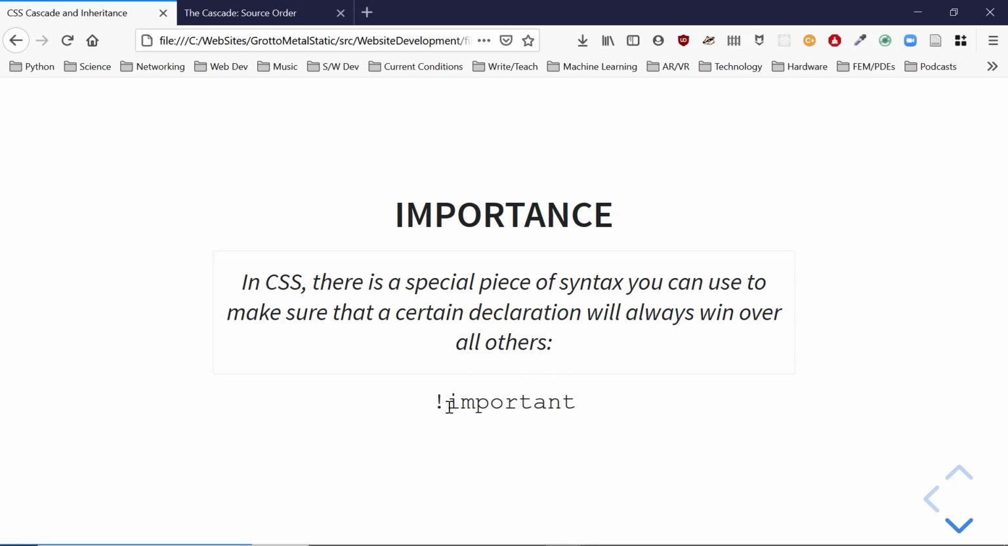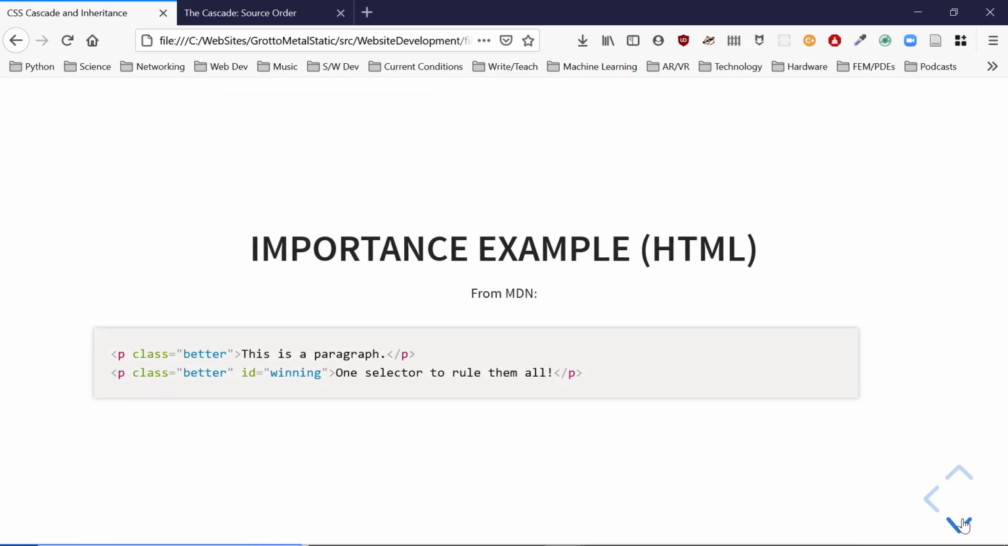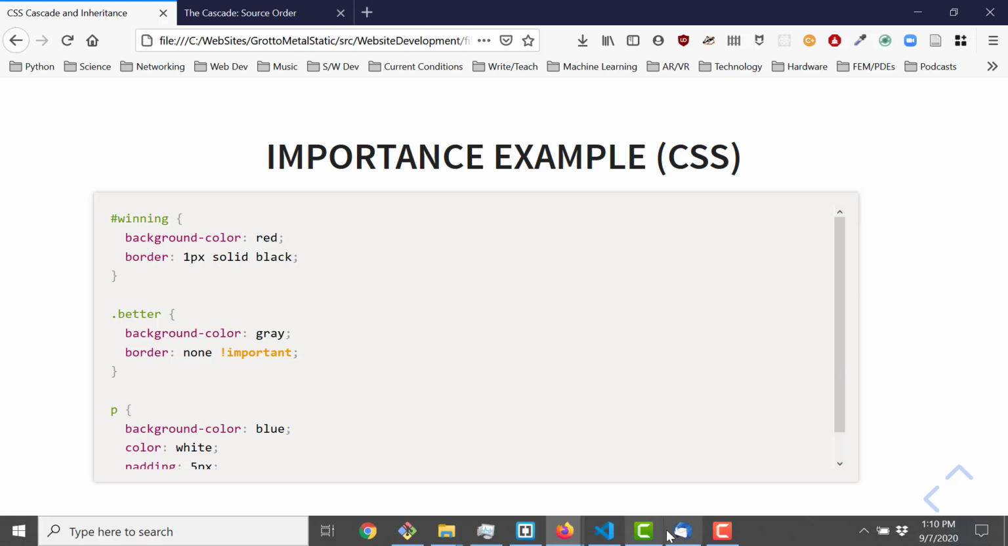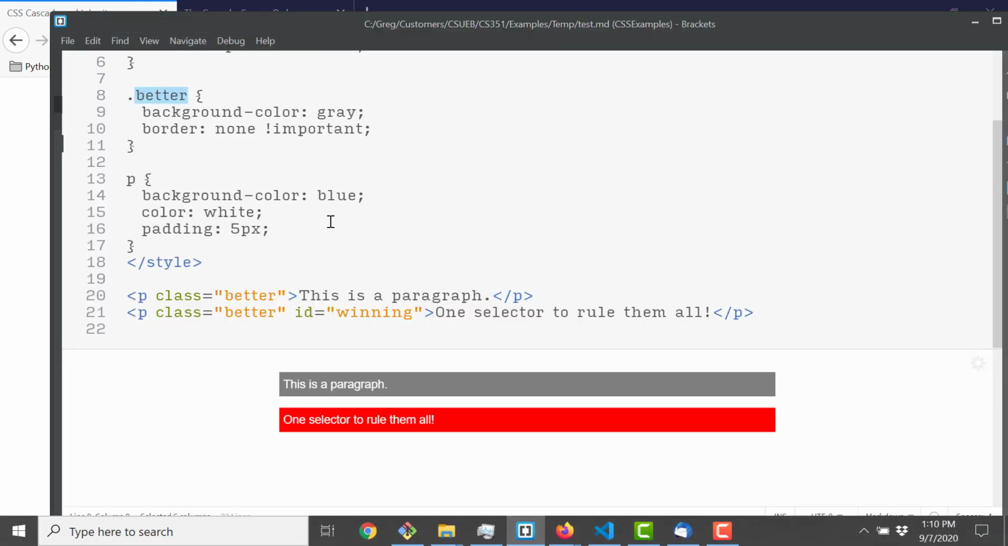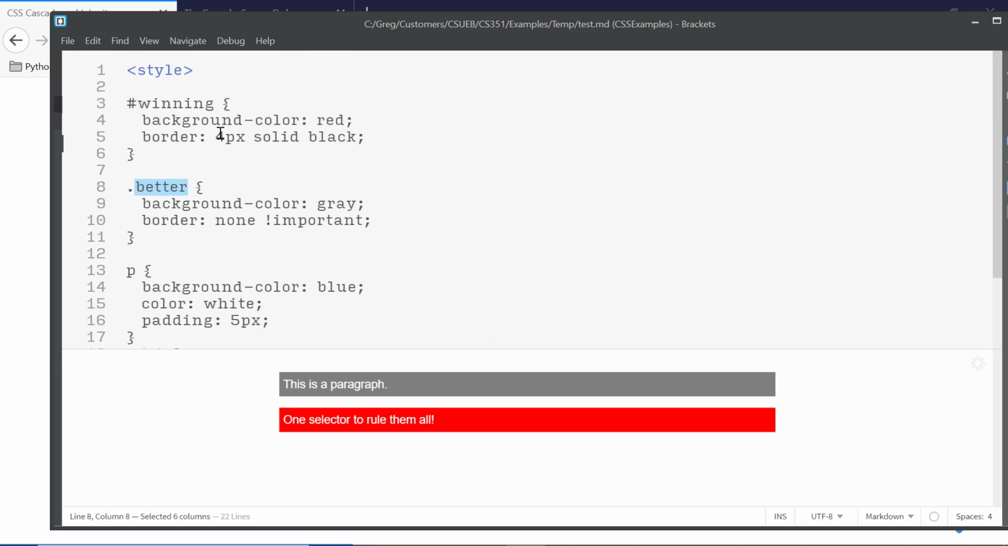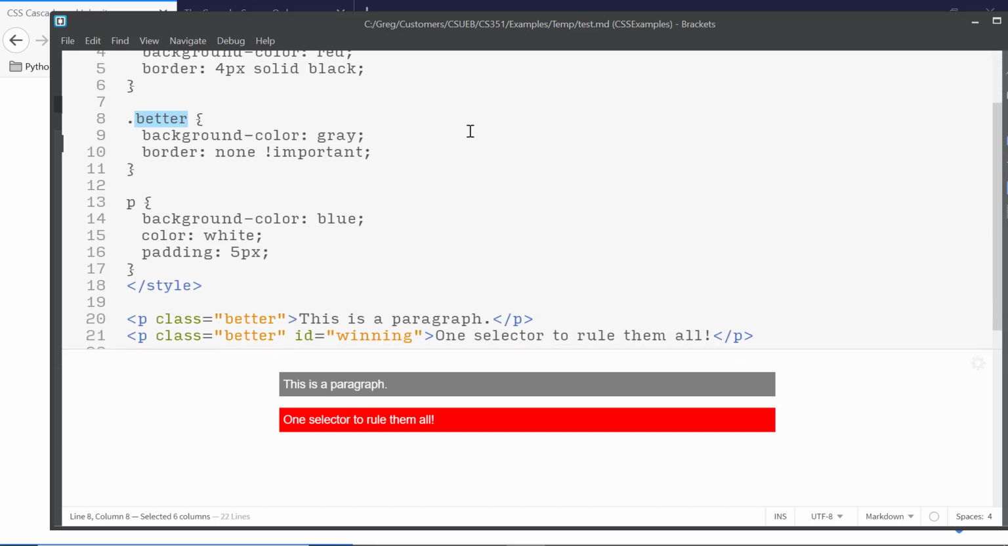A declaration marked as important always wins over all others. So let's look at it once again. Here we've got the paragraph. Both paragraphs have the class better. One has the ID winning. Winning specifies a border. Better specifies a border. So both these rules' border rules apply to both these paragraphs. However,